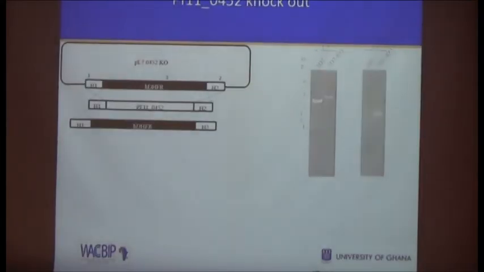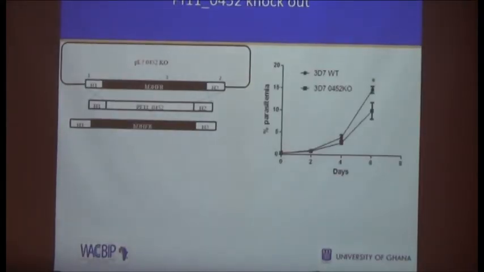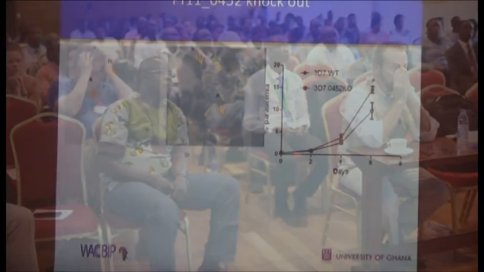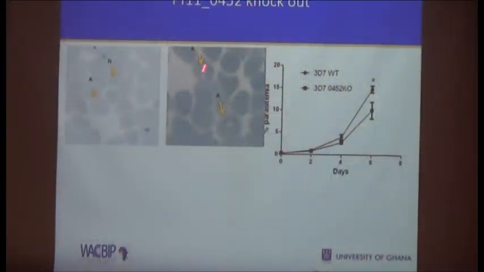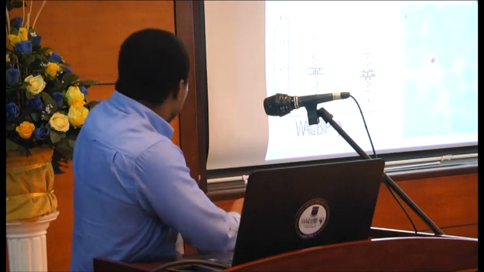We did a knockout in the parasite, and we confirmed that it is really knocked out, and we showed that the growth rate of the parasite decreases as you increase the number of cycles of parasite development. Then to look at the phenotype, you see that there is a kind of enlargement in the parasite as they progress. At the ring stage, you don't see any strong phenotype, but as they progress, you see an enlargement, which we have not yet characterized, but we think it is the food vacuole that grew out of proportion. So with that, we just